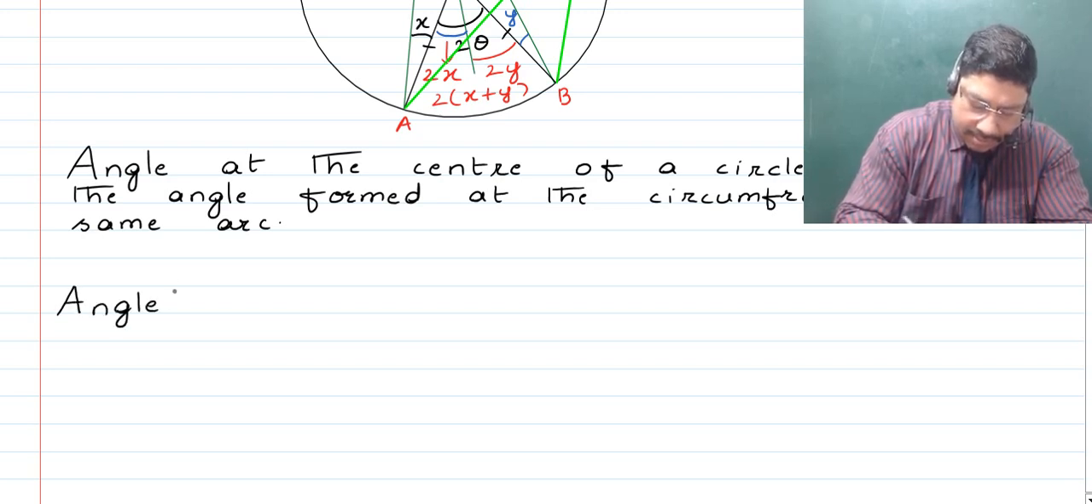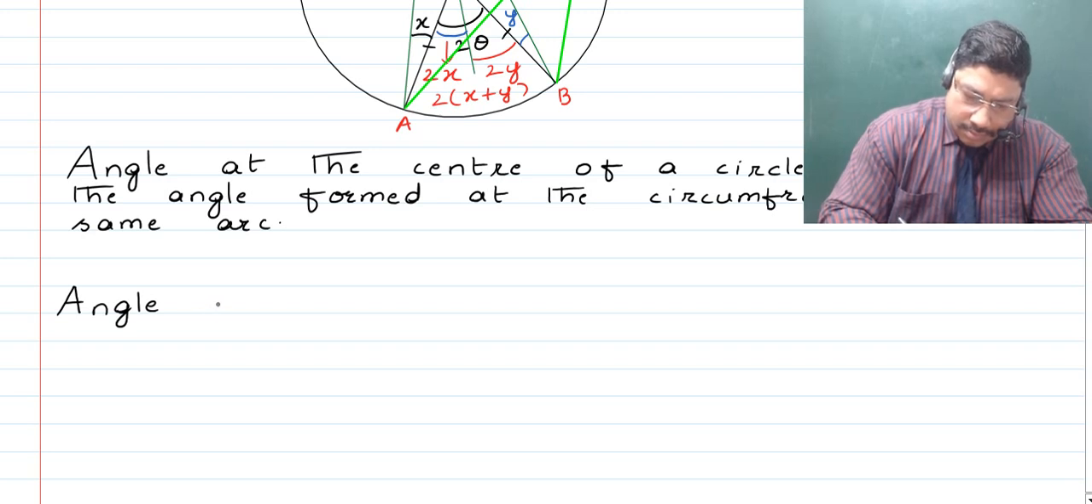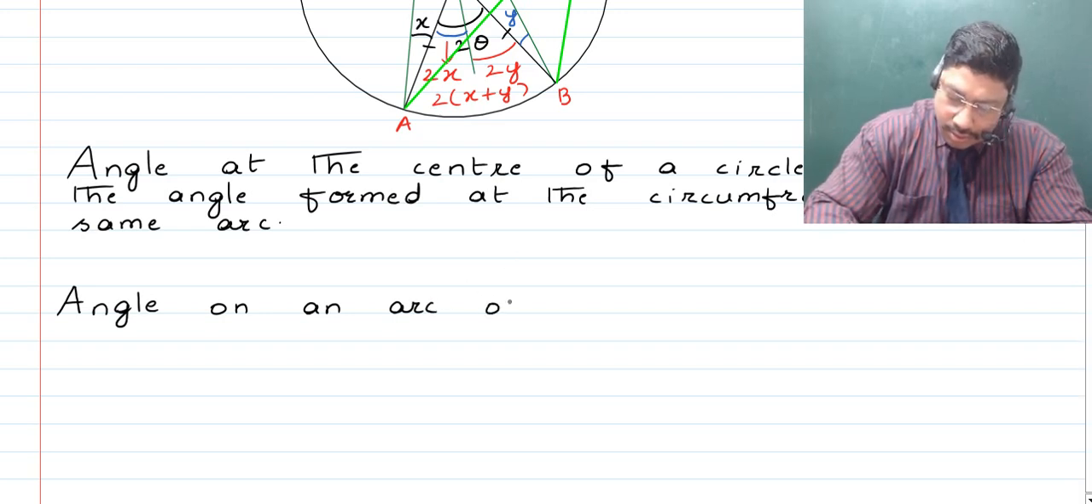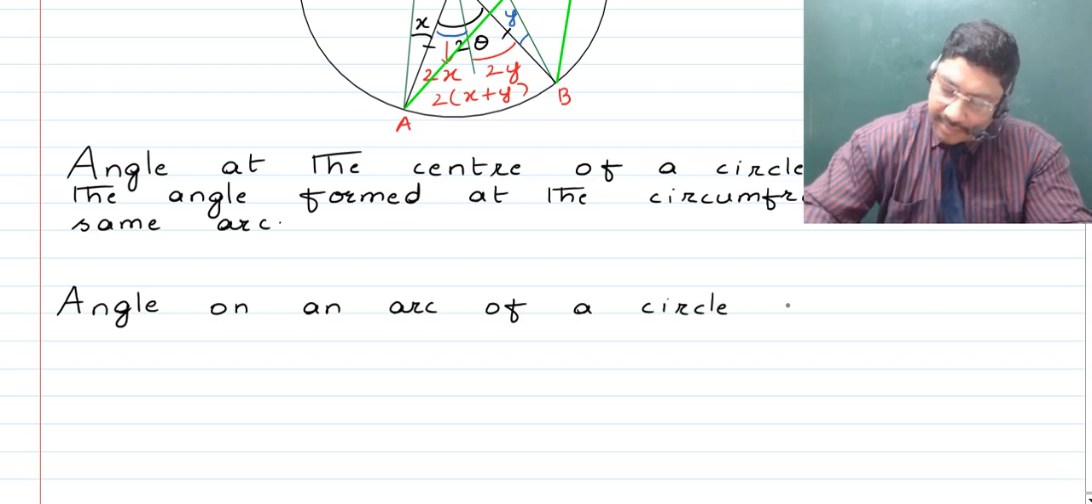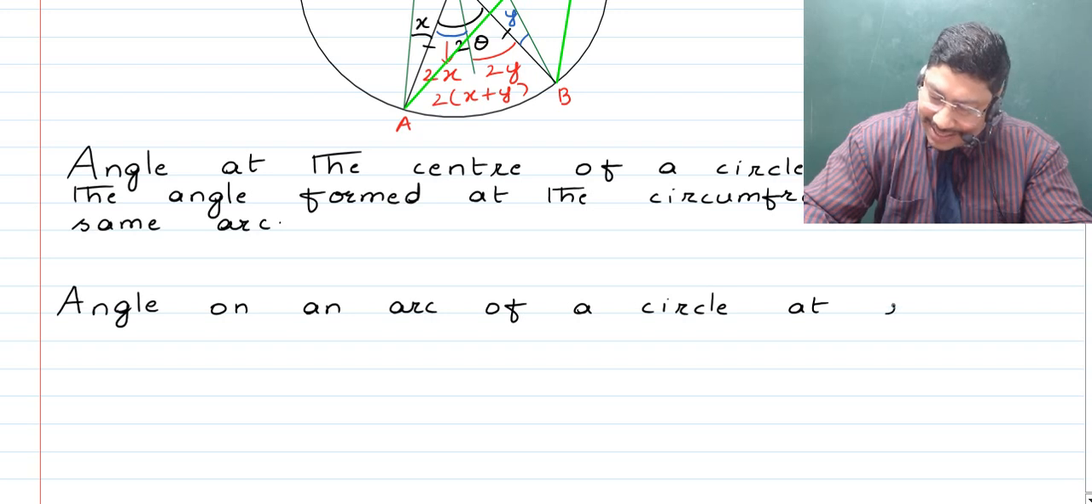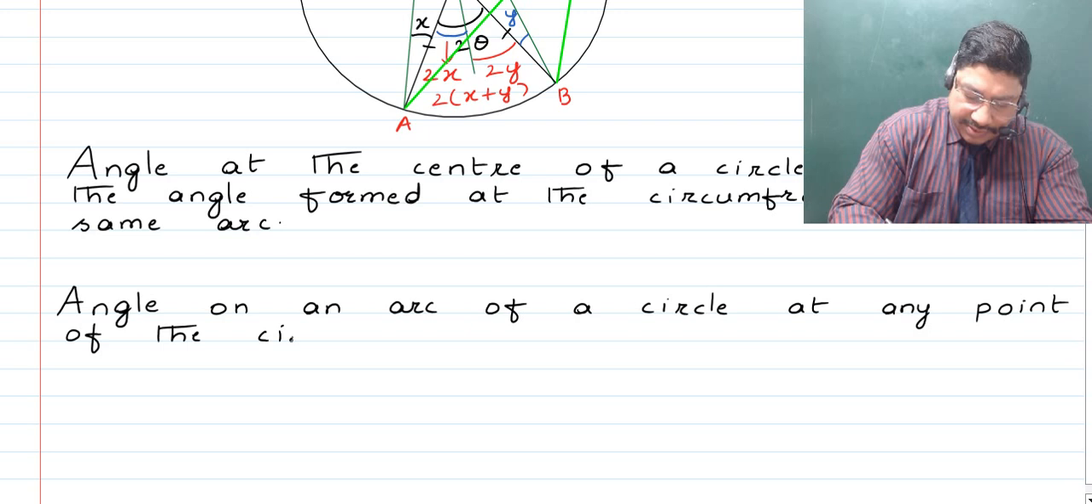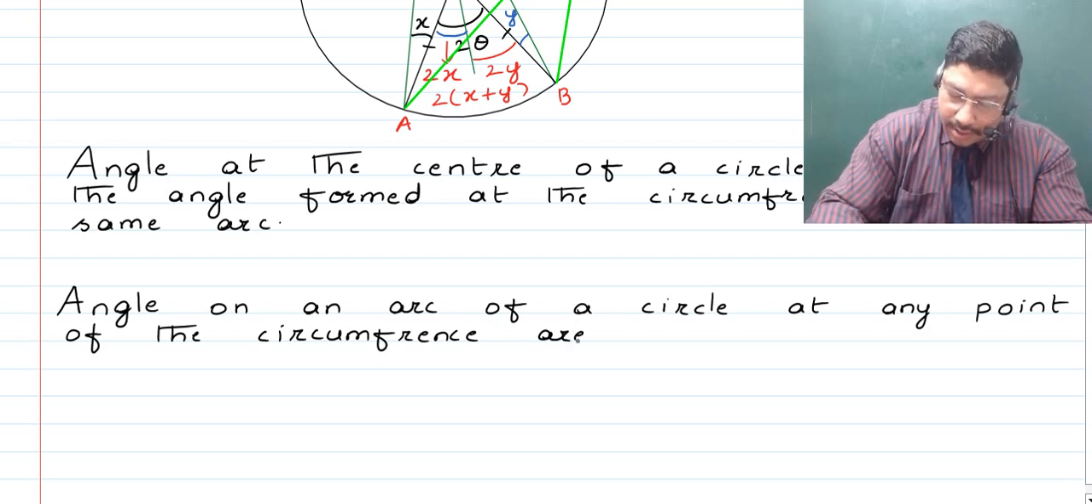Angle on an arc of a circle at any point of the circumference are equal,